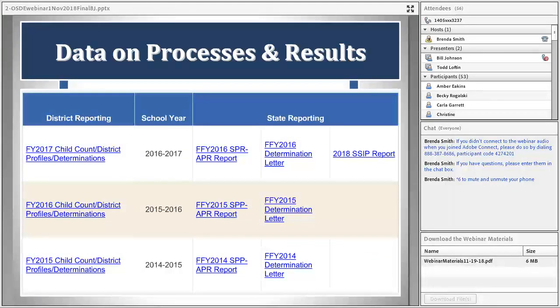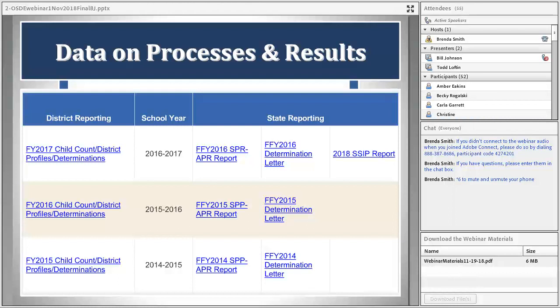And here's, if you're curious, if you clicked on district reporting on FY 17, 16, or 15, we don't have this current year up quite yet, you can look through and see your data profile and your determination for all of those years. You can actually see all of the district determinations. It's a large Excel file. You can click on different districts to see how well other districts are doing. And we put that out there also so that you can see if another district is having similar issues as you, or maybe they're having successes where you're not having success, and to try to